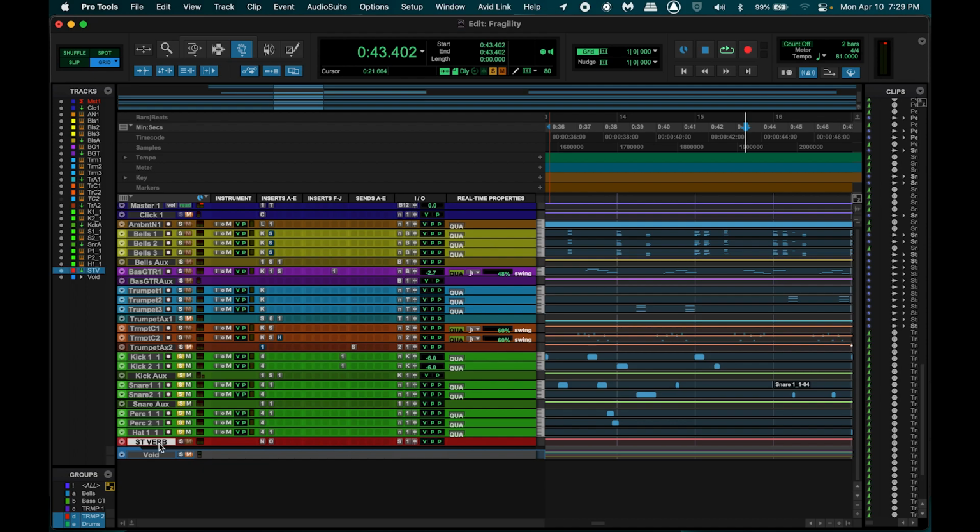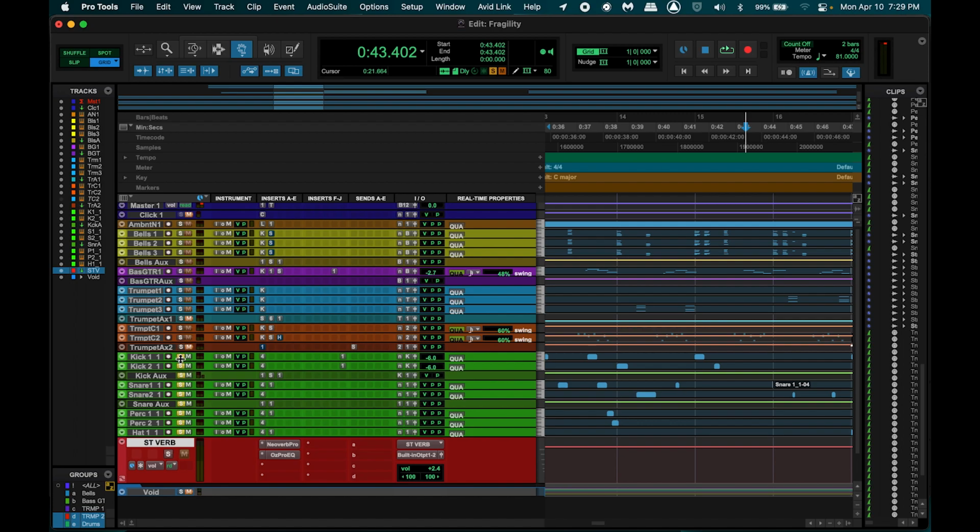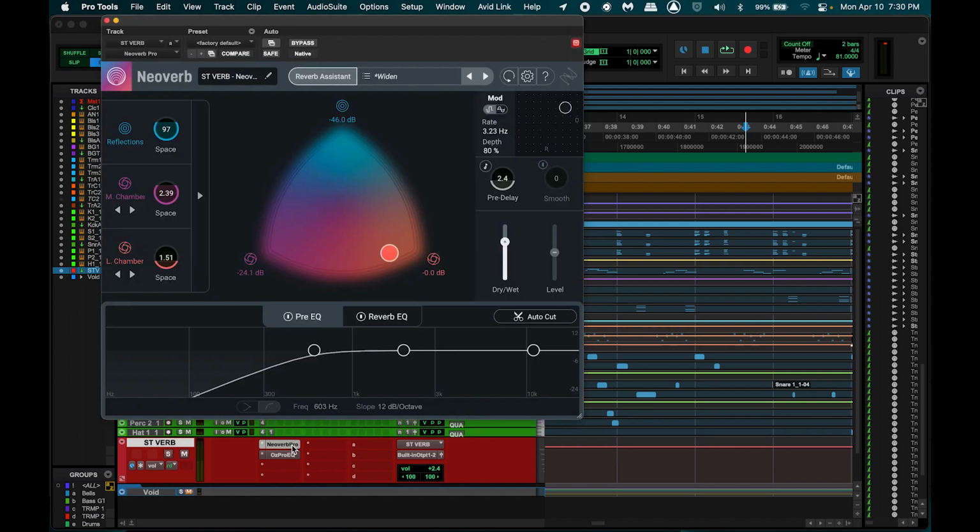So the last track that I keep is my verbs, and I love this. I love the iZotope Neoverb plugin, and I use the preset Widen, and then I tweaked it a little bit.